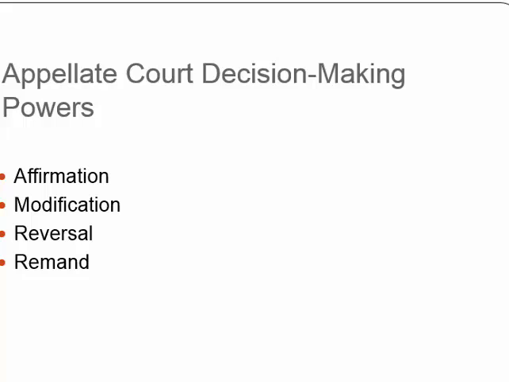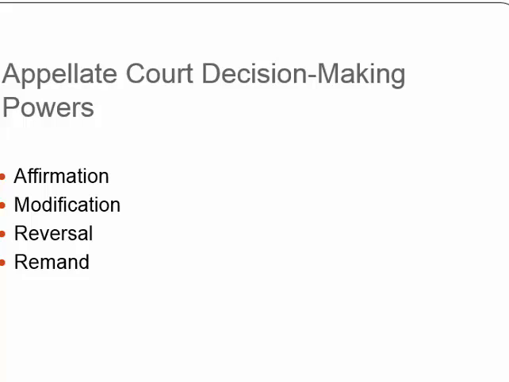When you go up, that is why you object and make sure things get in the record, because if you lose and you appeal, that's all the appellate court gets to consider. You get a little bit of chance to brief and describe what went on, but for the most part, that's your one bite of the apple as a trial court. When it goes up to the appellate court for review, the appellate court can either affirm what went on in the lower court,